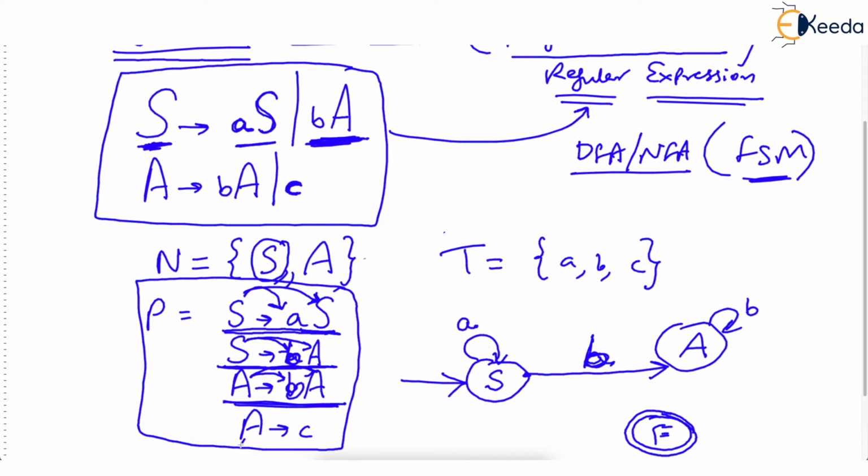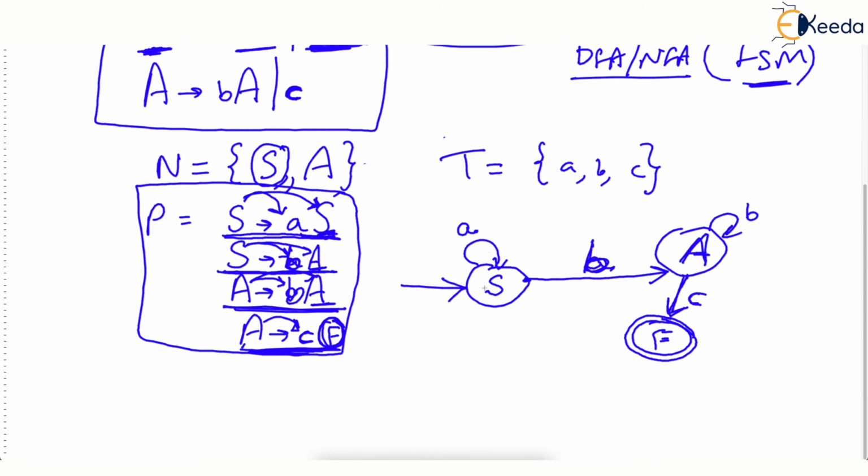And now how do you read this? A derives c, the last one. Whenever machine reads small c in the state capital A, machine will enter final state. See, the small c in capital A state, in this A state, will take us to the final state. You can see that there was no state here. Like every transition had a state defined, but there is no state here. So we replace this with capital F. Now trust me, this is so simple. Now you can see that this is indeed the DFA,